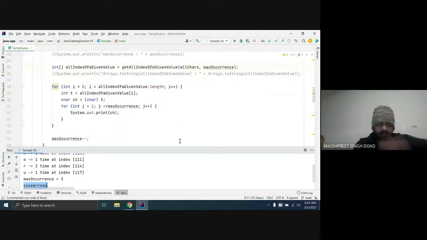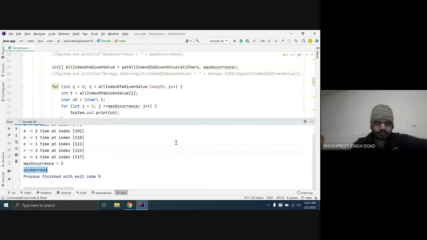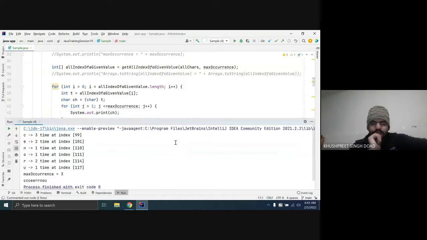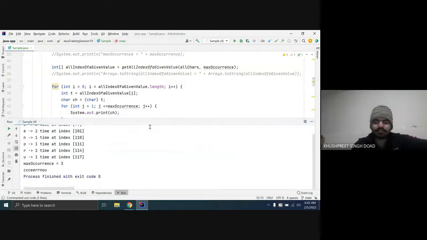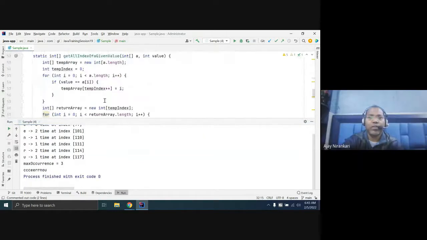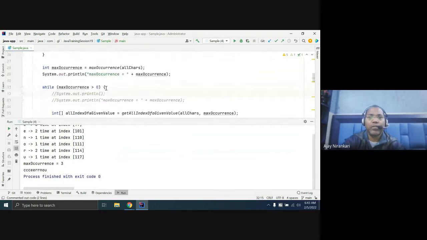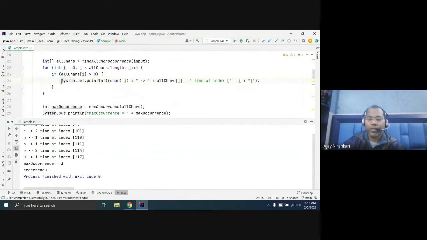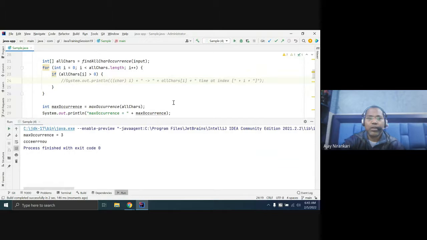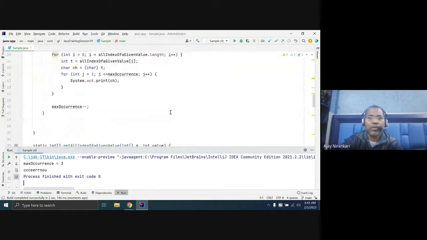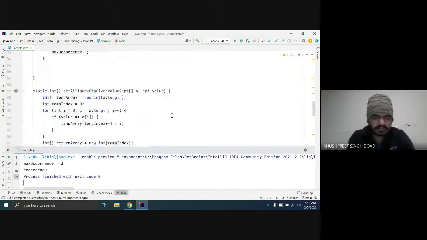So, is there any doubt? Yes, sir. Just comment out this as well, so that the printing does not happen for all. I commented out where the max occurrence is.